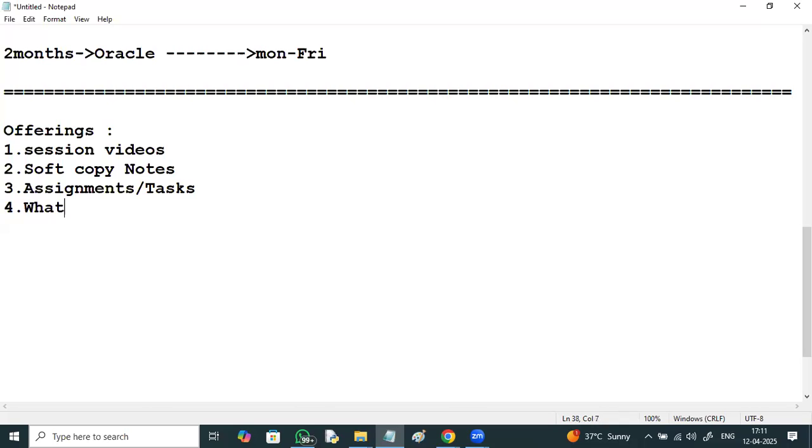A WhatsApp group will be created for this. Anything to update will be updated there, which means you can have direct interaction with me. If you get any error during this course, because it's a weekend batch, you don't need to wait until the next weekend. If you get any doubt, error or query, no need to wait, take a snap of that and post it in the WhatsApp group. Anybody can answer, and I'll be answering it too. A separate WhatsApp group.